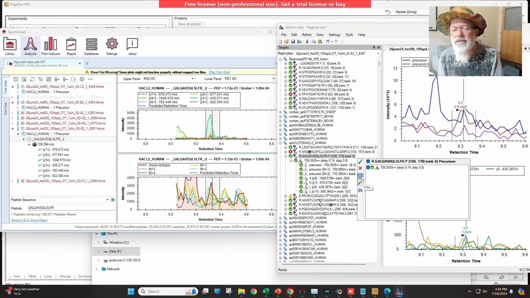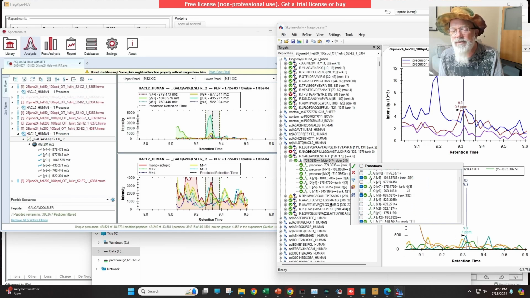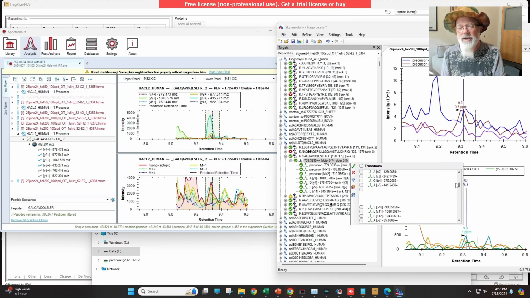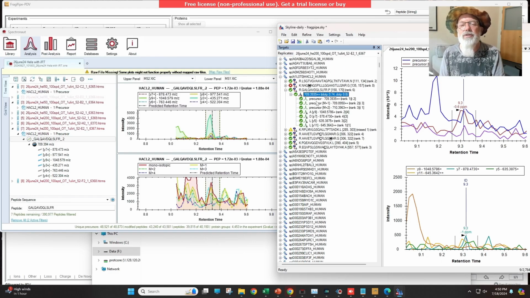And let's see if we go here. Let's see if we can filter all of them. And you can see there's a ton of them, right? We only see the Y and B ions, but there's a ton of theoretical Y ions and theoretical B ions that you can choose, and you will not see all of them, right? Which ones do you choose? You choose the ones that the deep learning predicted software usually says to choose. Okay, so